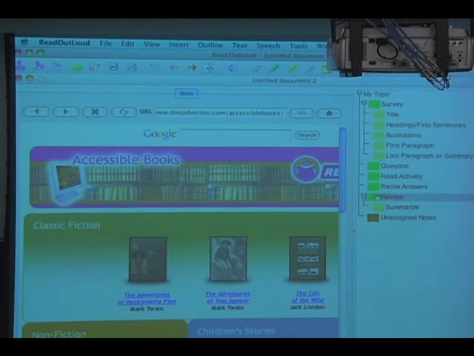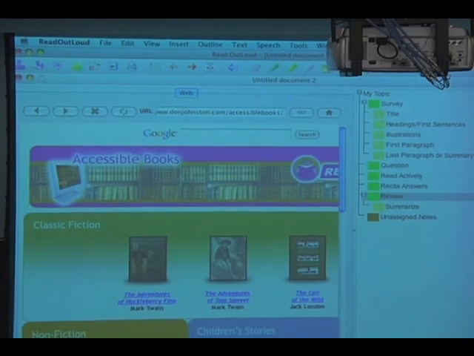Yeah, another question? Can you use Dragon with Read Out Loud to get your text into it? Yeah, the question is, can you use Dragon with Read Out Loud? You can use Dragon with Read Out Loud. The only place that you'd really use Dragon is in the web portion, if there's somewhere where you can write, or in the notes portion. The rest is really highlighting and manipulating information. Great question. Other questions?